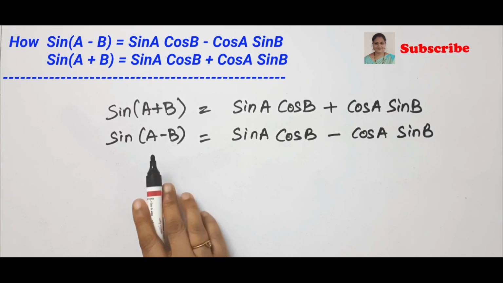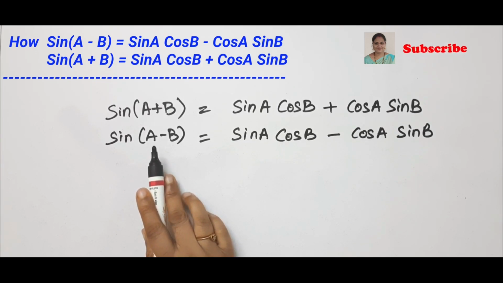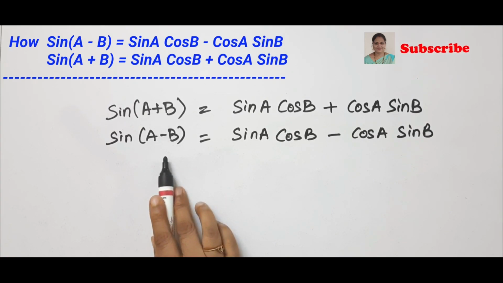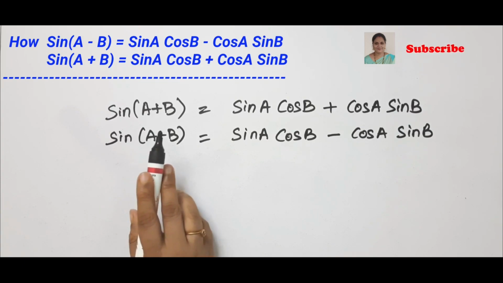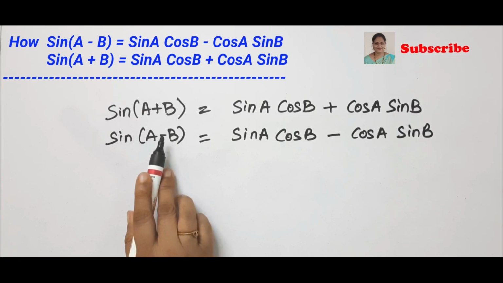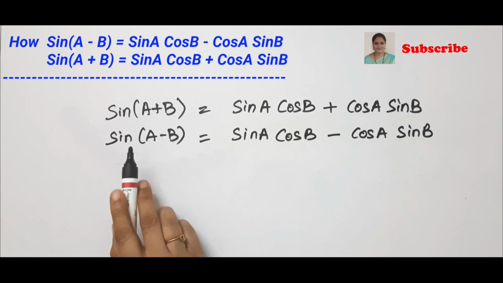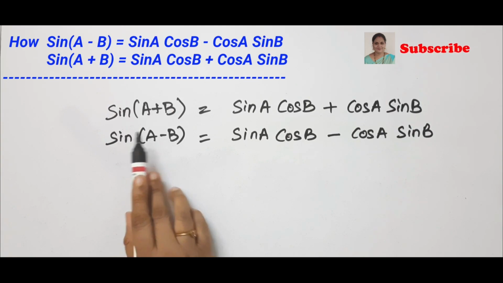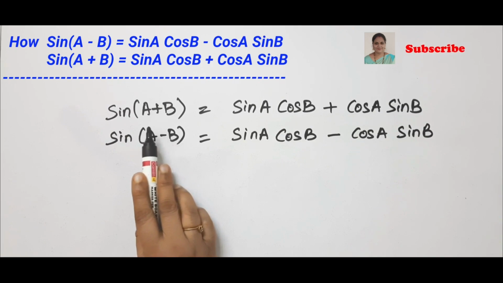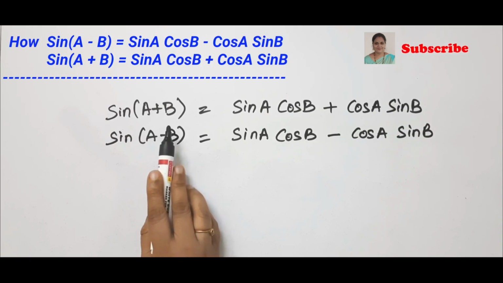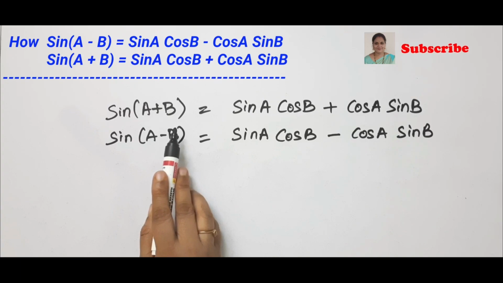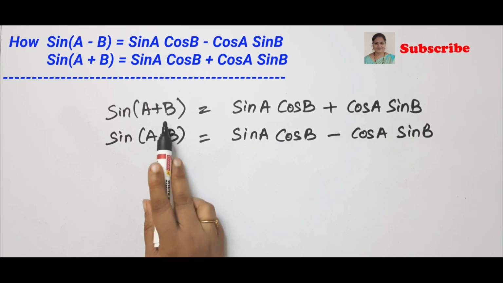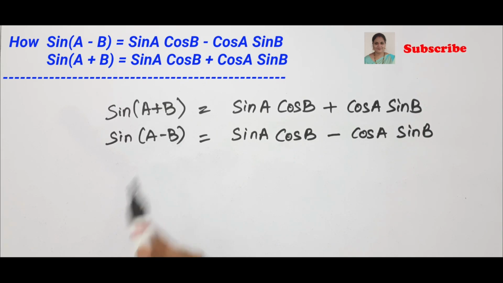Here A and B are two angles. We are finding the sum of two angles and the difference of two angles, so these are compound angles. We are going to find the sine of the sum of two angles and the sine of the difference of two angles. It is nothing but the sine of compound angles. To get sine of A plus B and A minus B, first let us get the value of sine of A plus B using a unit circle on a coordinate axis. From that you can easily get the sine of A minus B formula. So first let us study sine of A plus B.